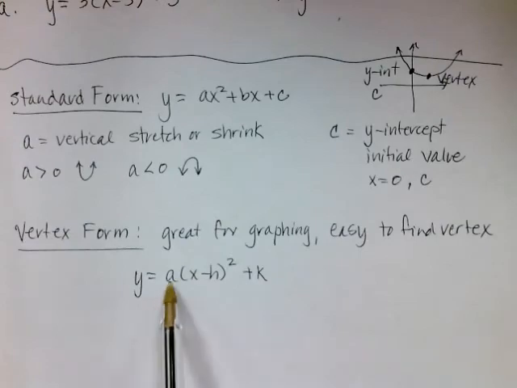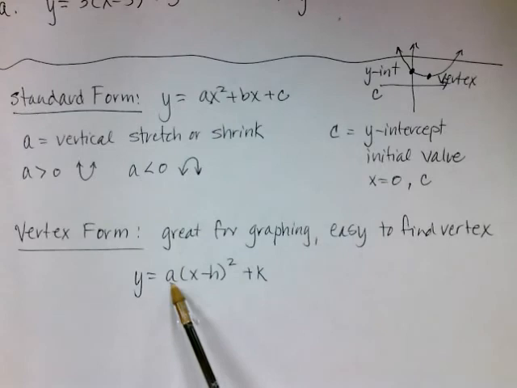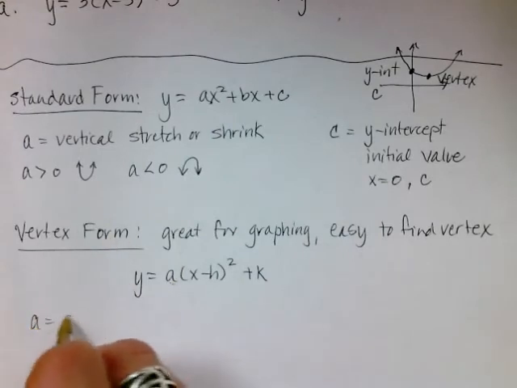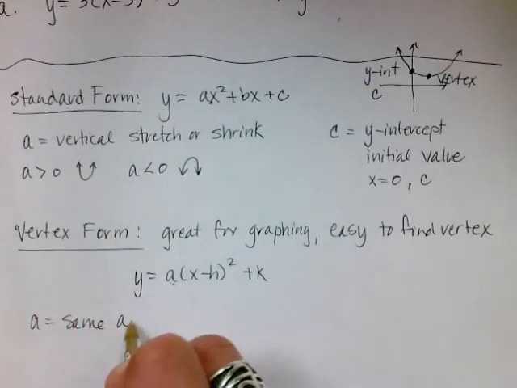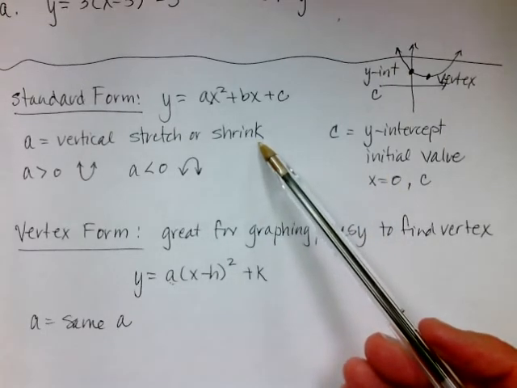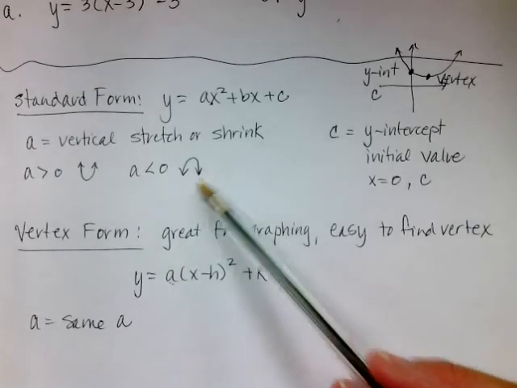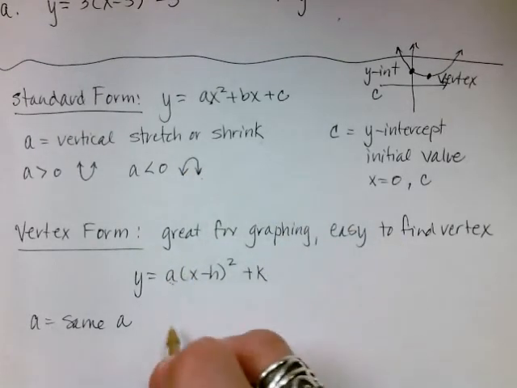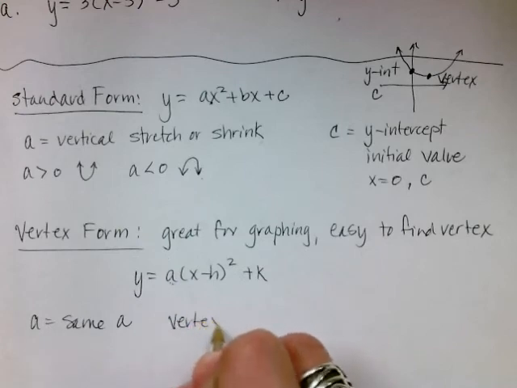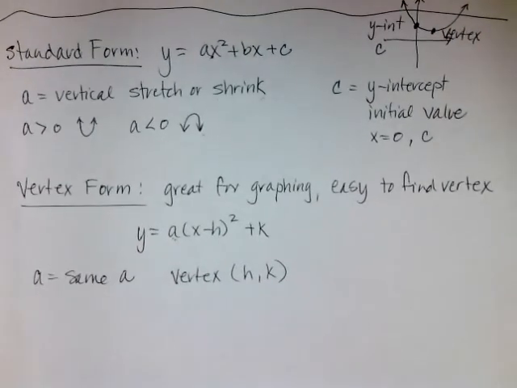The a is the same a. So notice there's an a in standard form. This is the same a. And it has all of the characteristics. It's either a vertical stretch or shrink, it makes the graph go up, or it makes the graph go down. My vertex is going to have coordinates (h, k), and if you'll remember from the information that we did on our first exam,